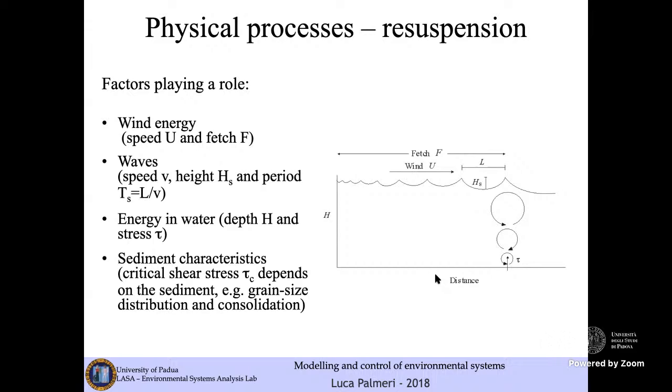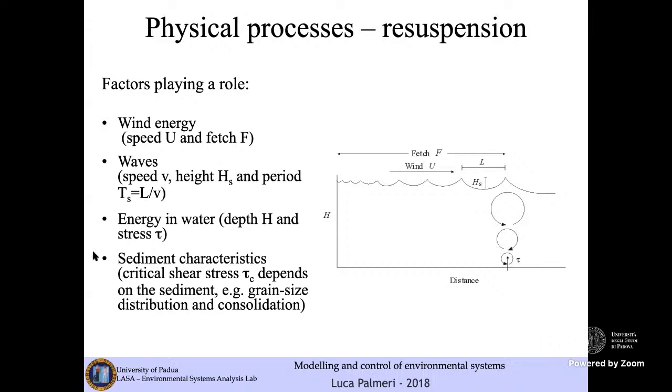So the longer the fetch, the higher the wind speed, you will have a higher transfer of wind energy to the water body. Wind energy is transformed into waves. The waves are described by the speed of waves, the height of the waves, and the period. The period, of course, is equal to the length divided by the speed of waves. And then we have to describe the energy in water, which depends on the depth and the so-called shear stress